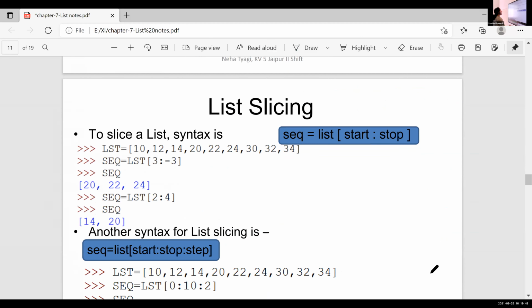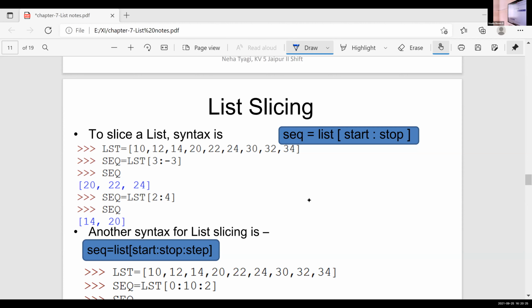So next one, it is list slicing. List slicing is one of the important topics. It is just like our range function. In the case of the range function, we are using start value, stop value, and step value. Just like that, we are using start value, stop value, and step value in the case of list slicing also. We already discussed string slicing. Same as string slicing, it is list slicing.